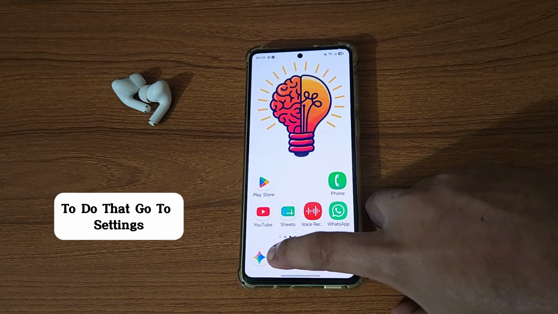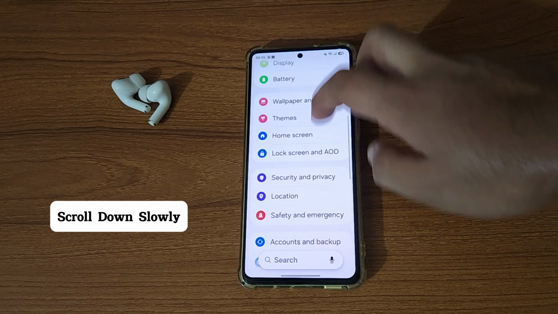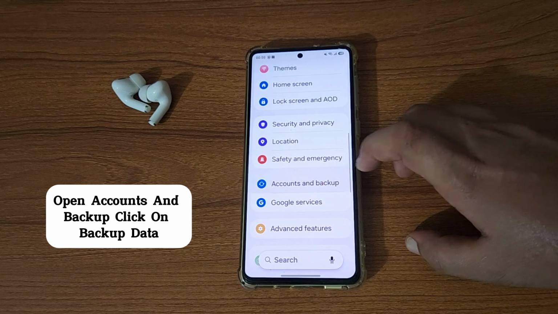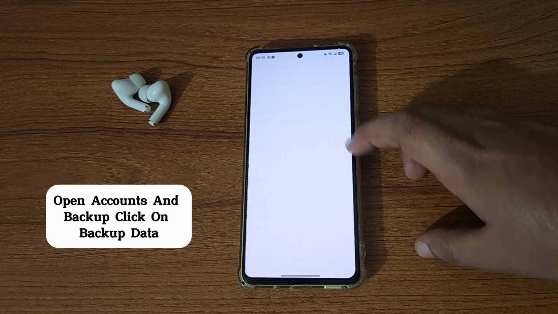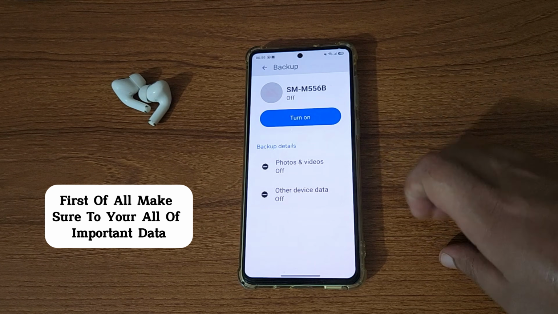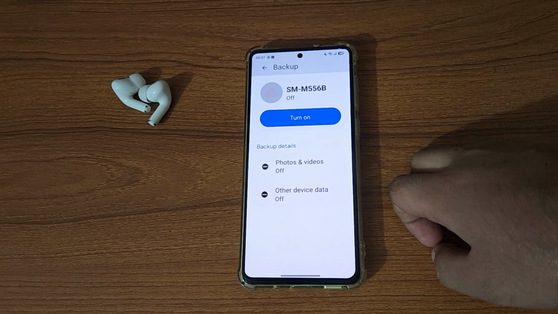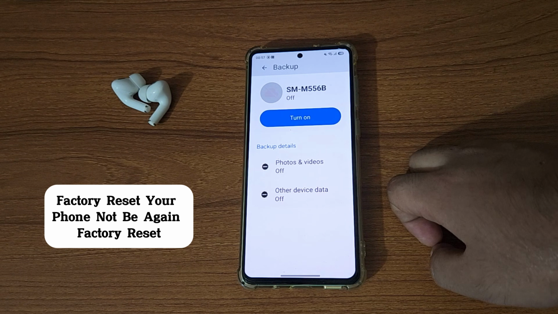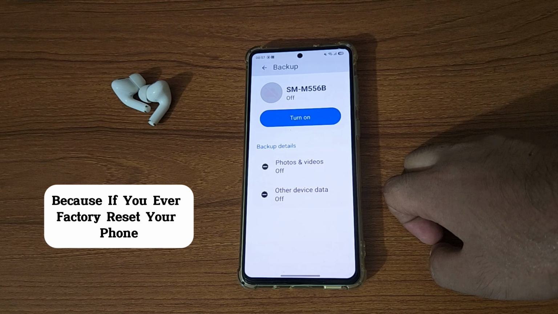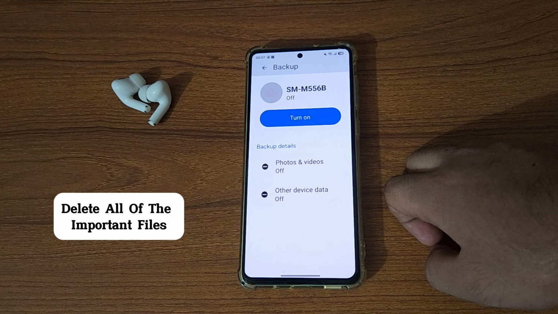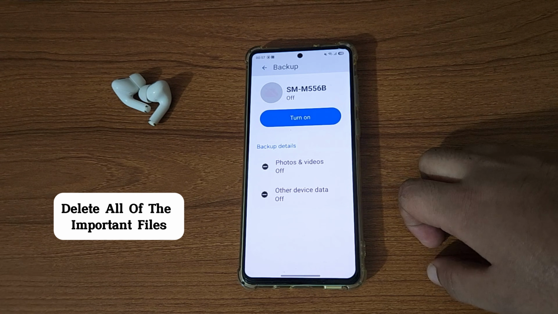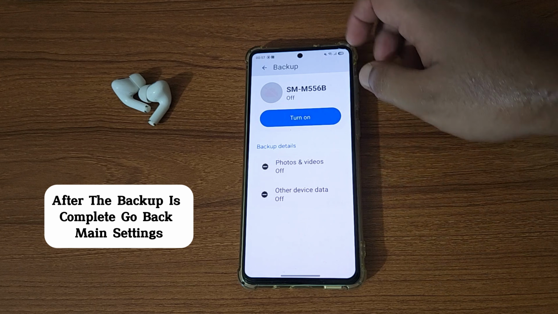To do that, go to settings, scroll down slowly, and open accounts and backup. Click on backup data. First of all, make sure all of your important data, photos and videos are backed up first before factory resetting your phone. Do not skip this, because if you factory reset your phone, it deletes all of the important files and documents on your device. After the backup is complete,